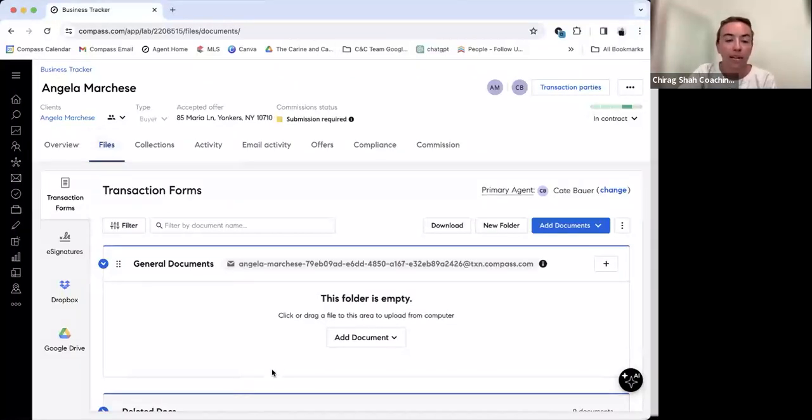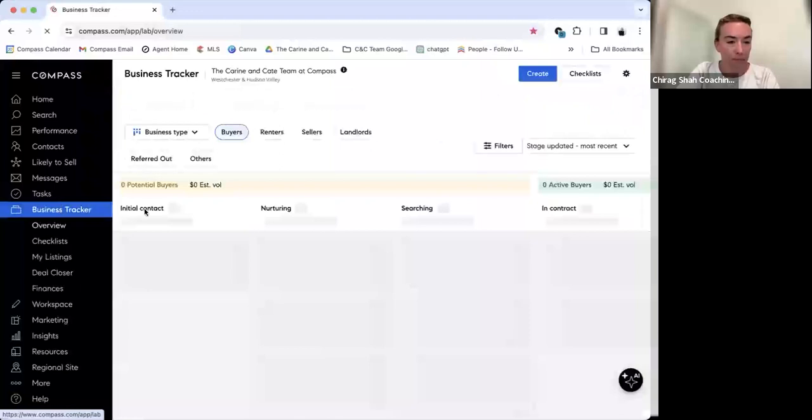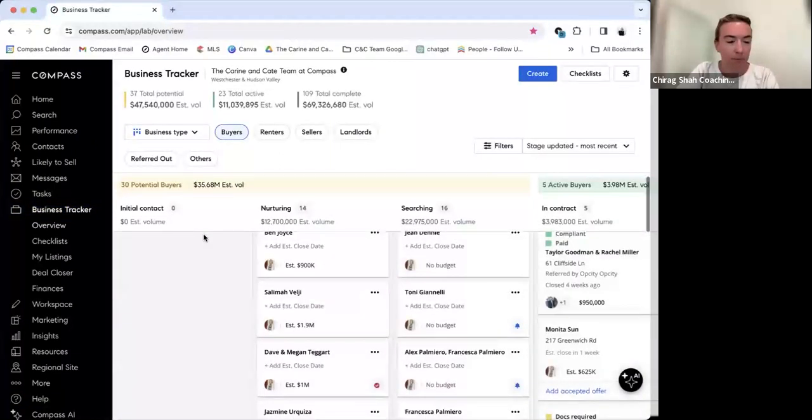Let me see if there's anything else. Is there anything else in here you guys need me to hit? I feel like commission and whatnot is kind of easy. We're all probably used to that one. Hopefully no one's on this call being like, I have like 50 transactions I've never been paid for, I don't know how to do that. I think this is pretty much everything in here. Yeah, that's most of it. And I did the checklist call yesterday, if anybody wants to go back and watch that.